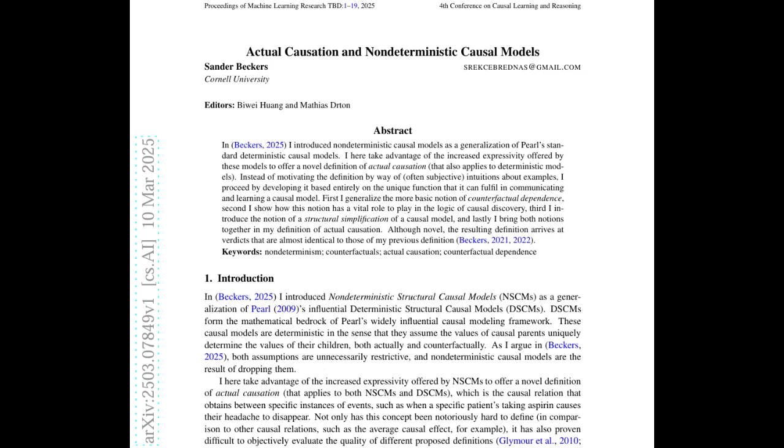It's like, you know, those crime dramas where the detective's got to consider all the suspects, right? Yeah. Eliminate the red herrings. And then finally, they build a case for the most likely explanation. Such a good analogy. And this paper gives us some really powerful tools for that kind of detective work, especially in those situations where things aren't so clear-cut, where multiple things could have caused something, or there's an element of chance involved. Right, right. So we've got these NSCMs that take into account the fact that outcomes aren't always predictable. And we've got this idea of counterfactual dependence to help us explore all the what-if possibilities.